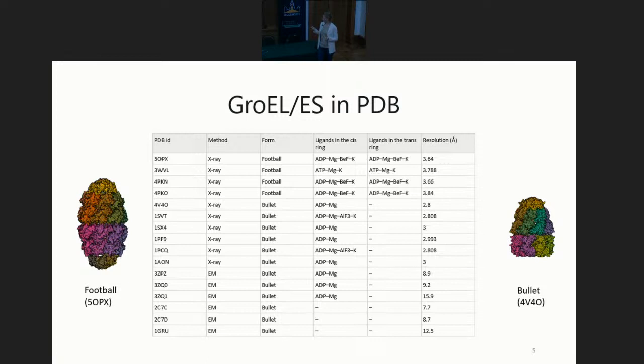But if we look at cryo-EM, this was surprising for me because the best resolution was 7.7 angstrom. These structures were published in Cell and other top journals, but they were published in the beginning of 2000, so it was not possible to get a high-resolution structure. And we decided that we needed to get one structure, because even if it's exactly the same as the high-resolution X-ray structure, it will still be the first high-resolution cryo-EM structure of GROES.